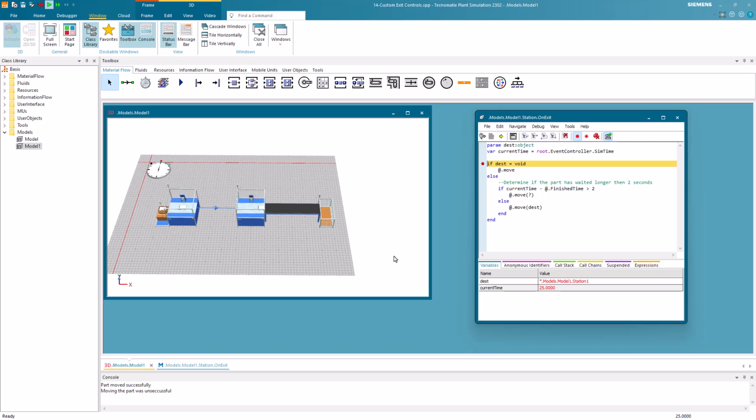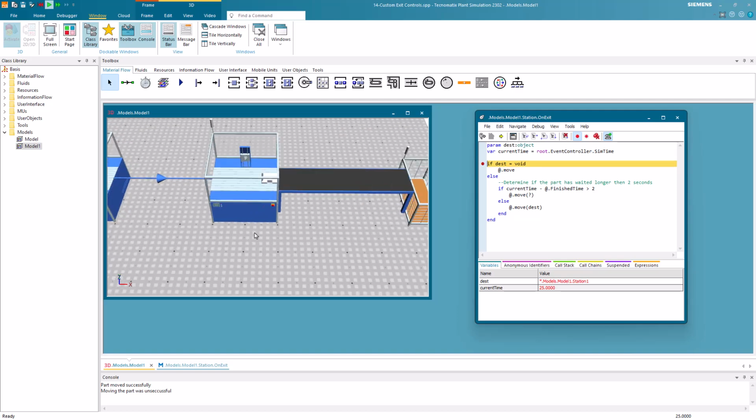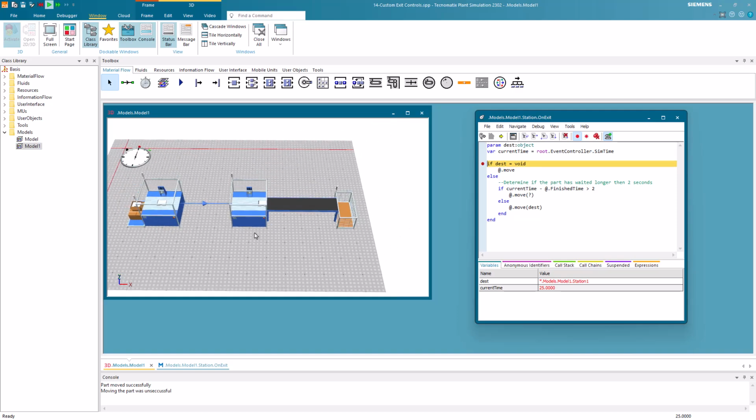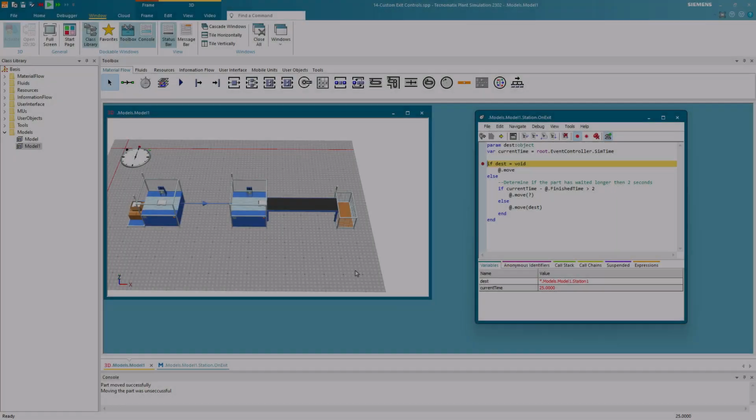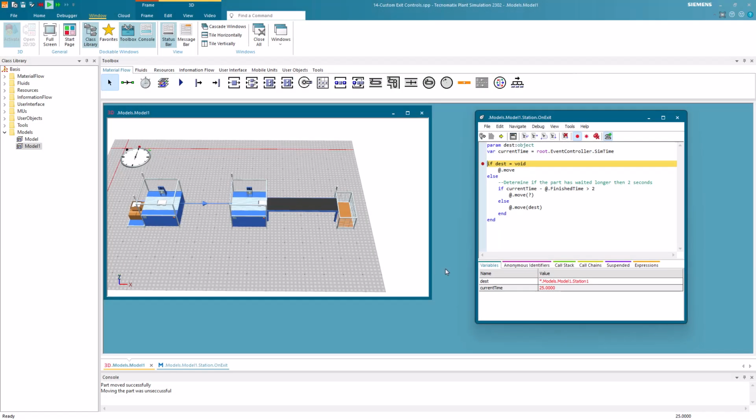When the breakpoint is reached the third time, we can see that the part on the second station has left the station. Visually, it only protrudes into the station, since only the front of the part is on the conveyor. So the part in the first station is unblocked from the forward blocking list. If we hover over the parameter dest, we can see that it is evaluated to the second station. So we perform a step over and enter the second branch.